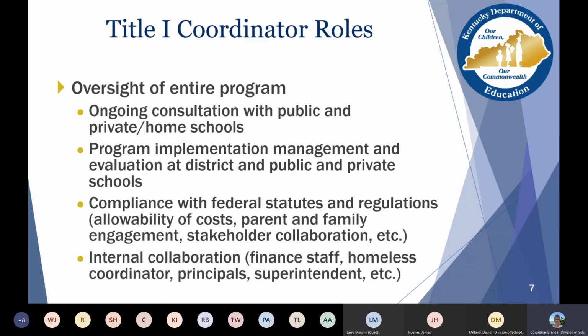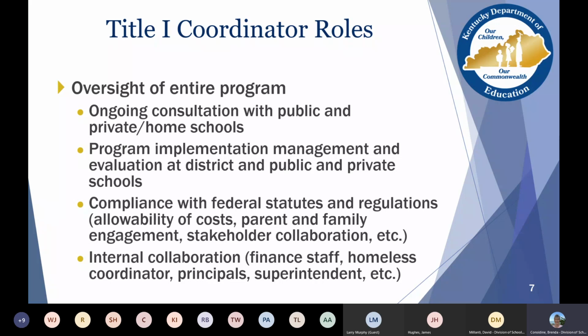It's very helpful to have that collaboration, especially since that is going to be a required allocation in district set aside. Need to make sure you collaborate with principals. You need to know what their needs are at the building, how they're going to utilize this funding source, and actually work with them on developing that budget.